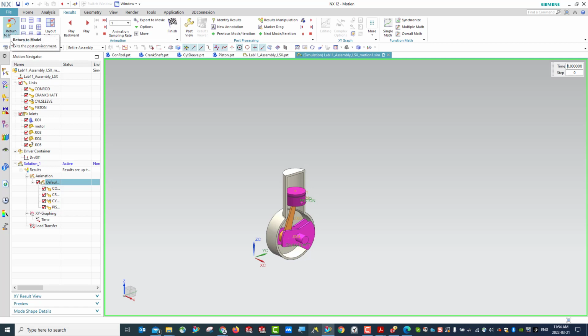Once you're done, then you can return to the model. Okay, return to the model, and then we can also see if we have other